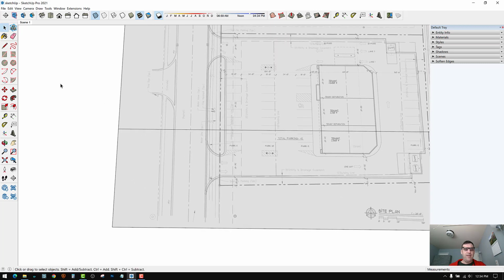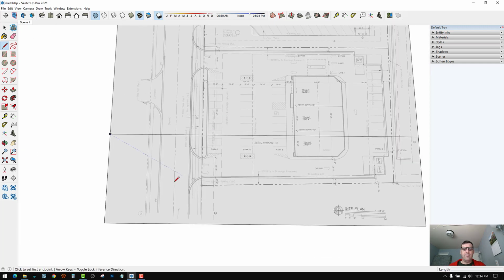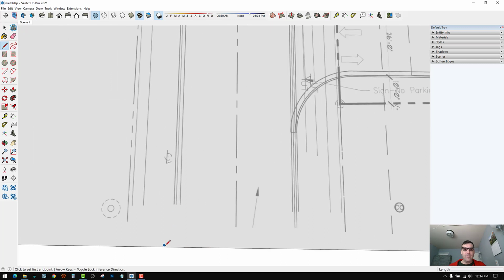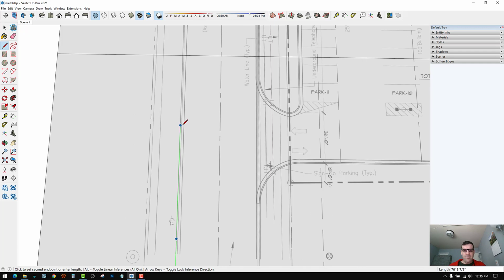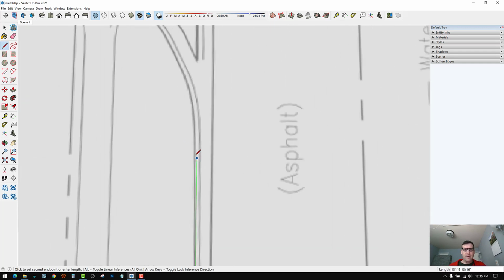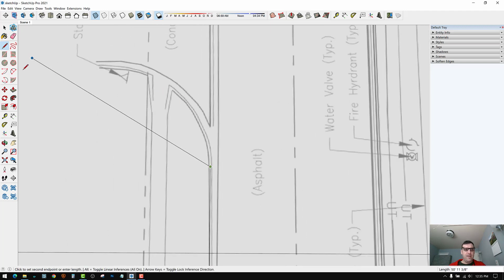So now it's very easy. We can just use the pencil tool and the arc tool to trace all the parking. So we're going to trace the outside of the roads and the parking. I'll hover my pencil tool over, hold shift to lock it, and then I can just start drawing with the pencil tool. So a straight line here up to there, and then I can use my arc tool, my 2-point arc, and